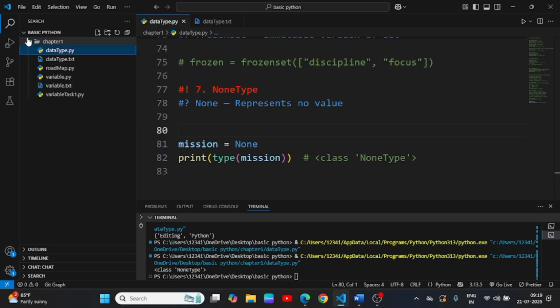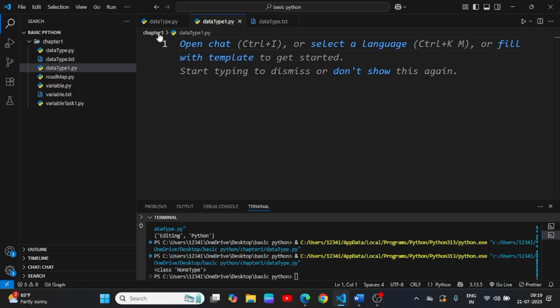So let me create another file. We can practice it. Data type, okay, data type 1 Python. So we already